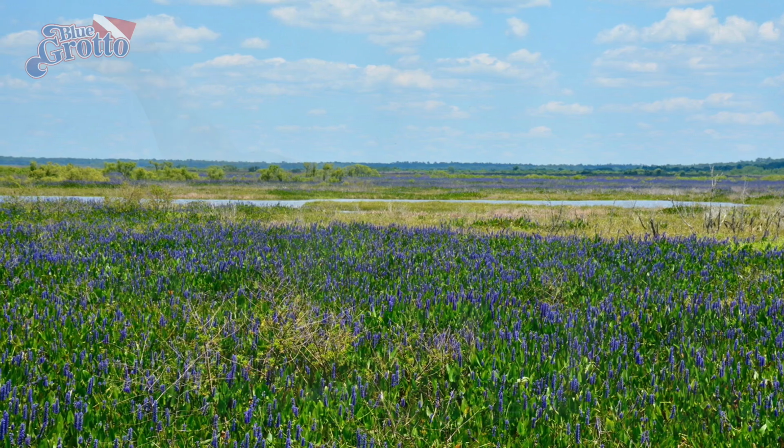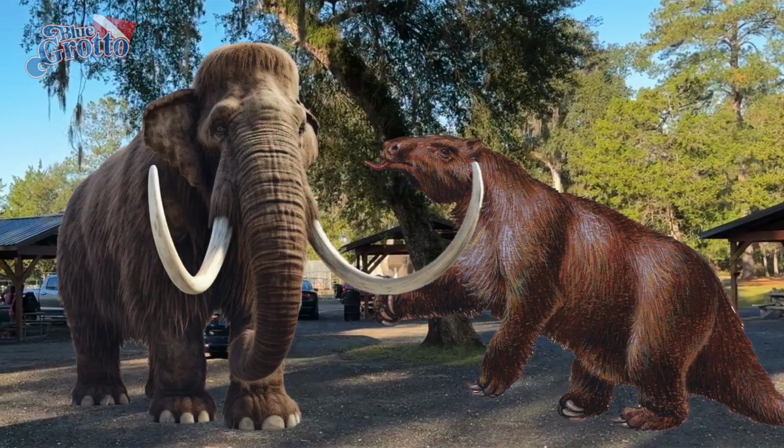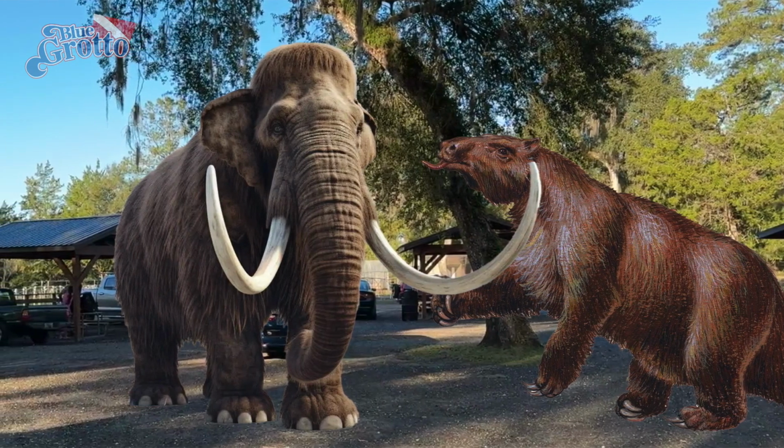Florida's giant megafauna disappeared long before the arrival of man, succumbing to extinction or simply evolving into other life forms. But what if they hadn't? What if we had to contend with massive mammoths and giant ground sloths wandering through Blue Grotto? It makes you wonder,